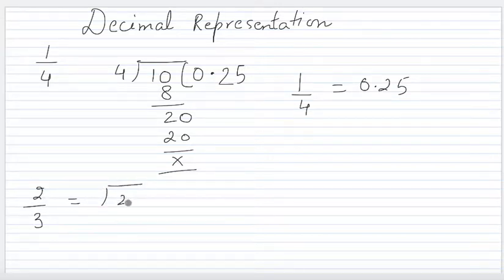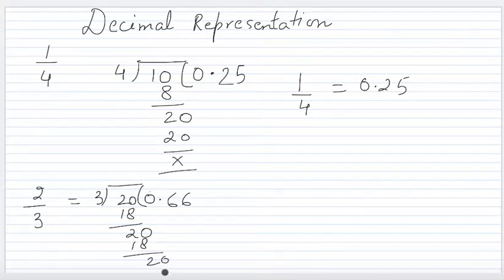But sometimes, if we are expressing a rational number, say 2 upon 3, in decimal form by dividing 2 by 3, we again put a decimal in the quotient and add a 0. Then 3 6s are 18, remainder 2. Again I add 0, then 6 3s are 18, again the remainder is 2, I add a 0, and this process will continue on and on. This type of decimal representation is called non-terminating but repeating decimal, because here the 6 is repeating many times.